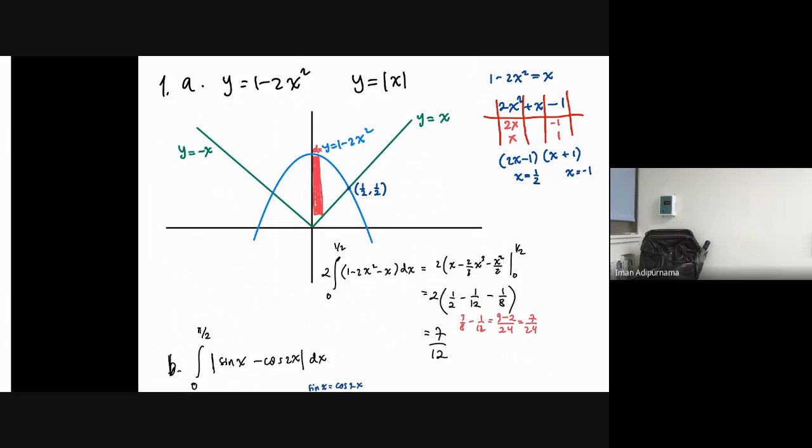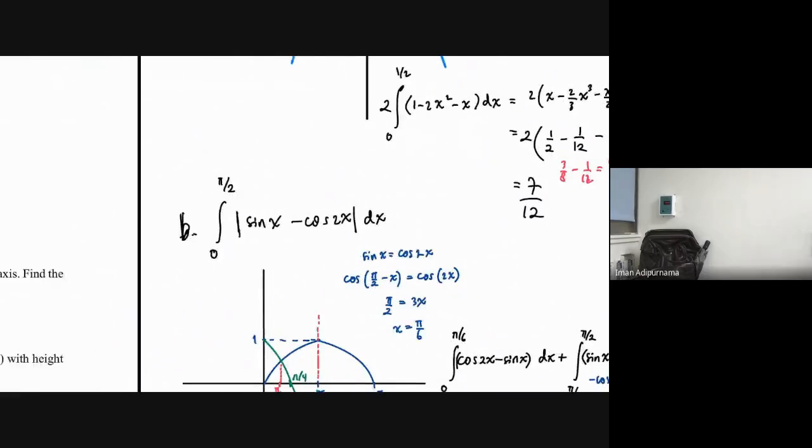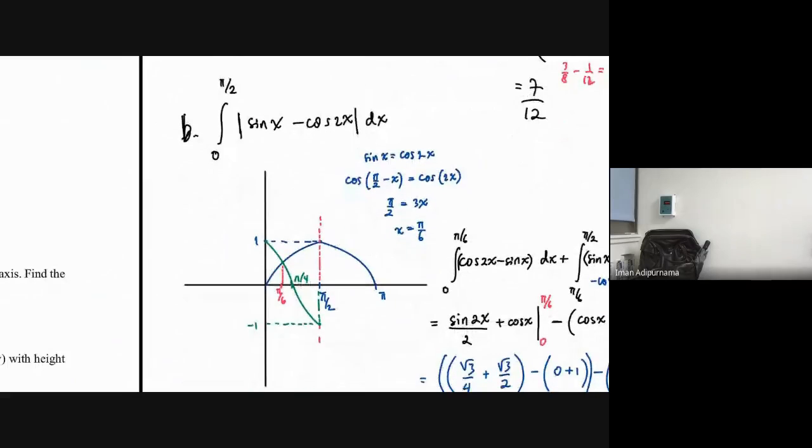But if you just see the half part, you just need to see y equals x and 1 minus 2x squared, right? Multiplied by 2, you get the result is 7/12. So half, negative, you solve this, multiply by 2, and then 7/12. Okay, that's it. Number 1A. And